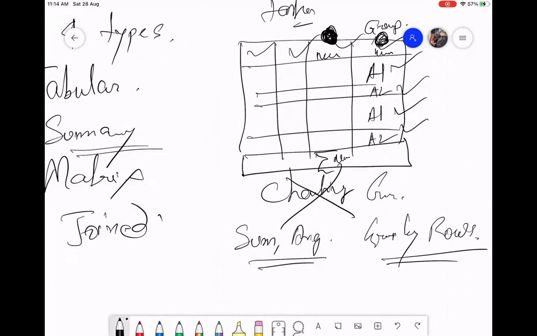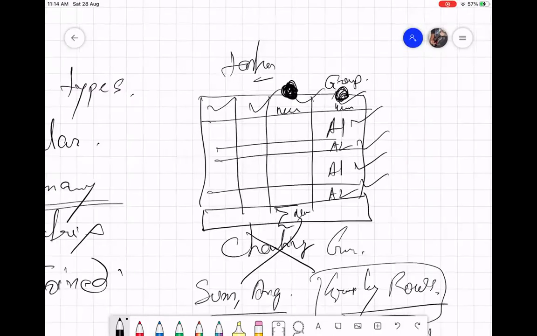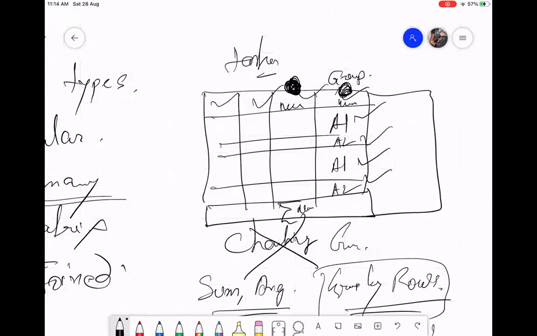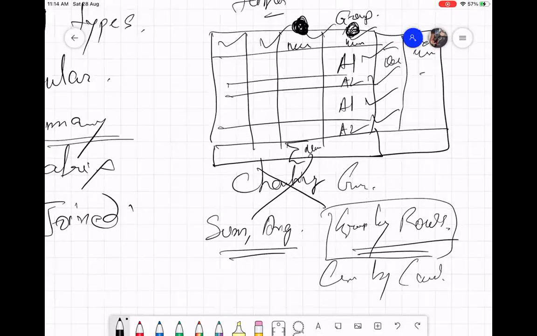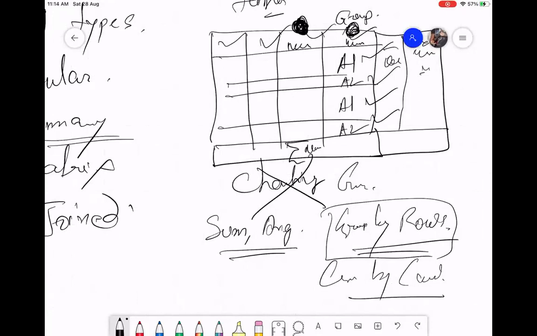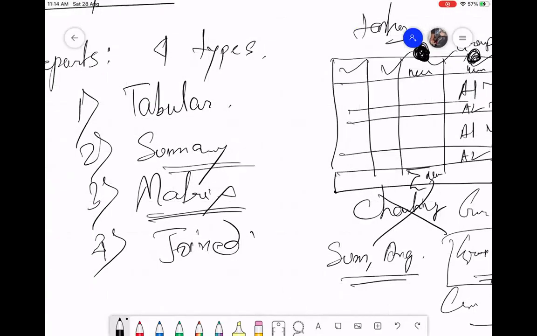What if you are grouping by rows as well as grouping by columns, with subtotaling and grand totaling? You are doing both, grouping by another column too. In that case, this becomes a matrix report. Both summary and matrix allow charting.